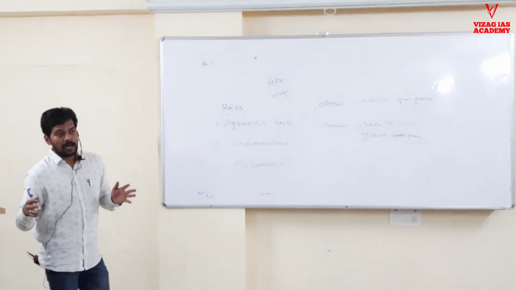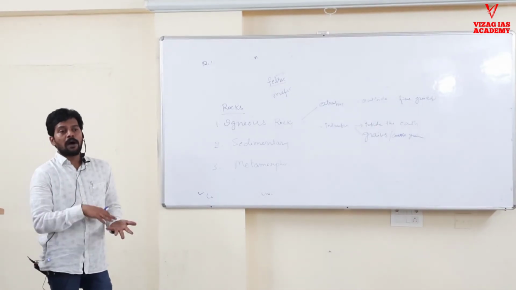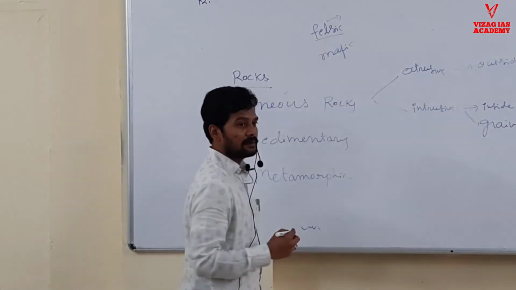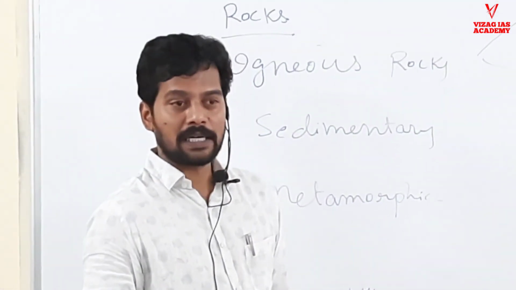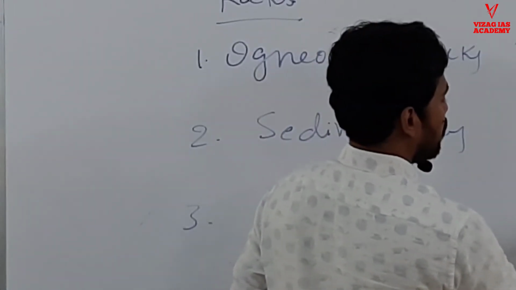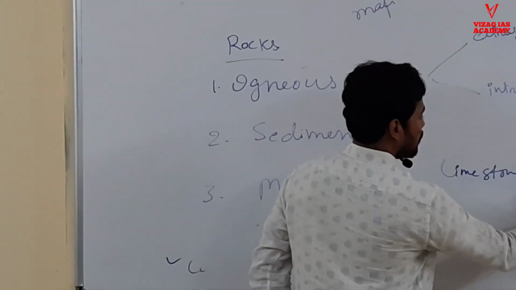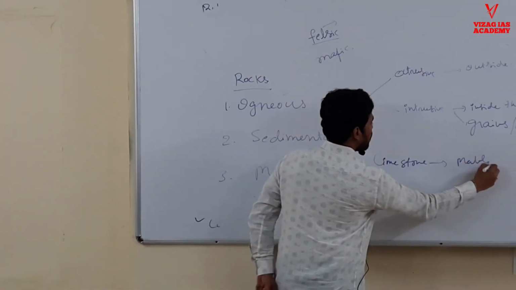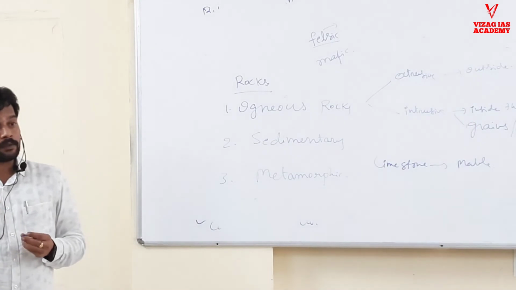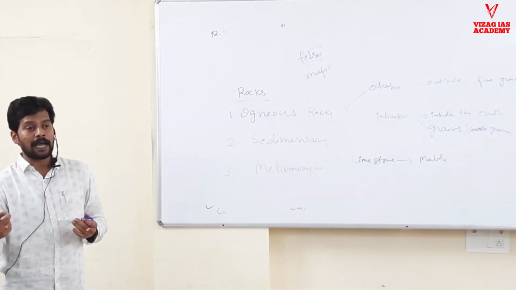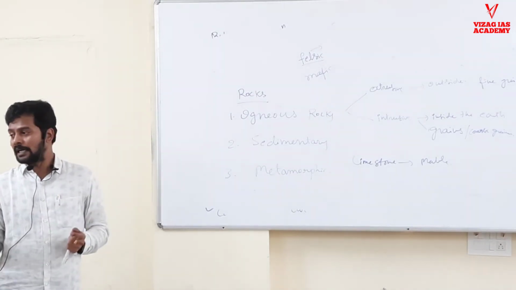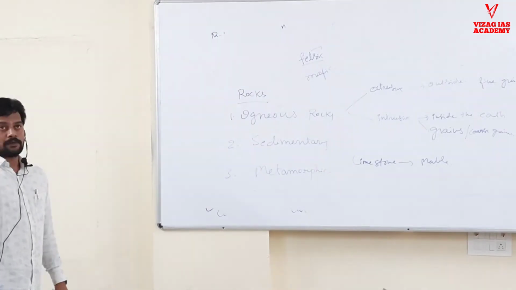When pressure and heat both are applied, one form will change to another form. The best example is marble. Our marble is nothing but a metamorphic rock. From where did it come? Limestone. Limestone will give you the marble. Mined limestone is a bit stronger one. If you see the mined limestone and marble, you will understand the difference. We will see that also.